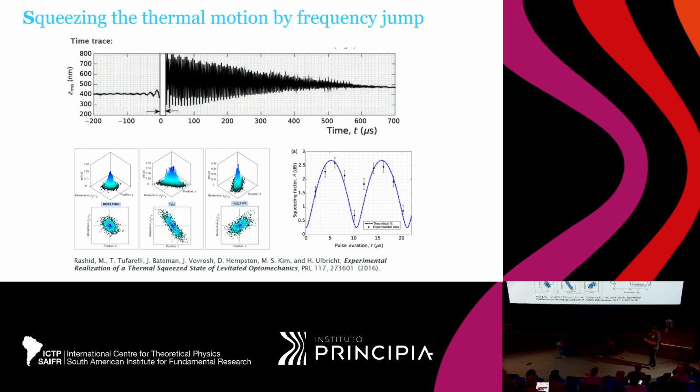typical for squeezing. And now this, because it's a harmonic oscillator, is rotating in phase space, and by interaction with background gas in the vacuum chamber, since we still have some collisions there, it's rethermalizing into a thermal state, and that is what determines the decay here. So at this point we do the frequency jump operation, and that gives a large amplitude oscillation, and that rings down, and the time constant of the ring down matches the gas